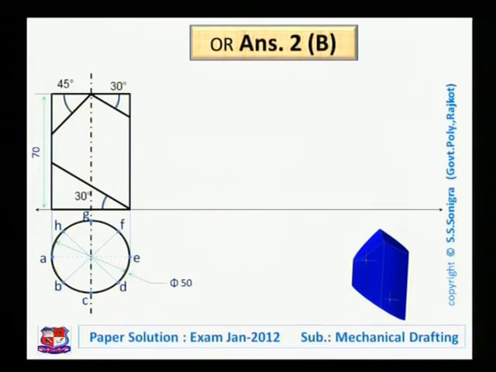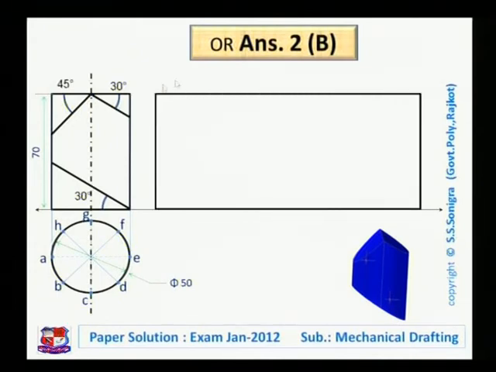To draw the development of this cylinder, first, the development of this cylinder would be a rectangle with width equal to the periphery of the cylinder and height equal to the height of the cylinder. It would appear like this. Height of this rectangle would be 70 mm and total width would be pi into d, pi into 50, that comes out to be 157 millimeter. So total width would be 157 millimeter. If the cylinder is not cut anywhere, then its development would appear like this, just a rectangle.